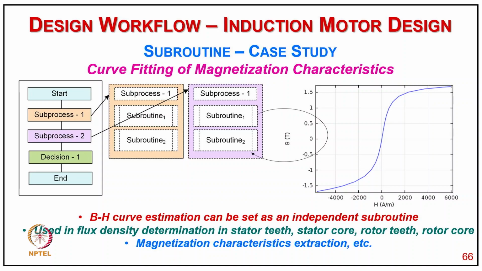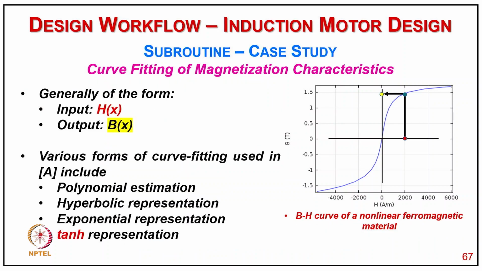a sub process 1 and 2. In the sub process we have subroutines 1 and 2. Similarly, we take a decision, and so BH curve estimation can be set as an independent subroutine and used in flux density determination for the stator teeth, stator core, rotor teeth, rotor core, and we get the magnetization characteristic as well as the air gap. So now coming to curve fitting of this characteristic,